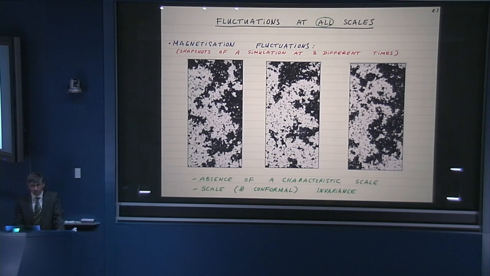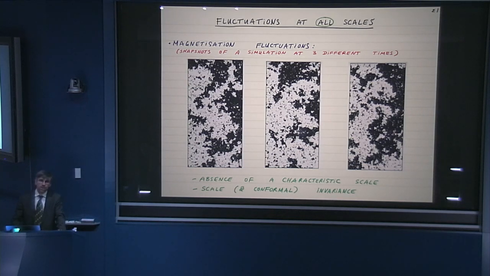So what I wanted to point out is that there are these dark islands in the sea of white, and you see that there are islands of all sizes. This is only true if you do the simulation at the critical temperature. If you do the simulation at a non-critical temperature, then you will see islands of characteristic size. But here you see islands of all sizes, and that's what we mean by fluctuations, because these islands, as you go ahead, they flip. What was white becomes black, and so on, and it happens at all distances.